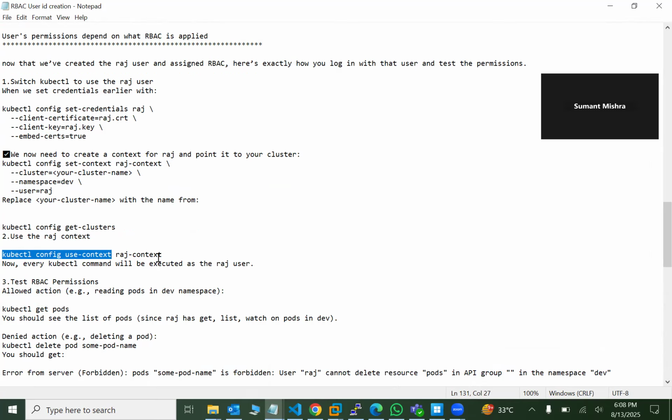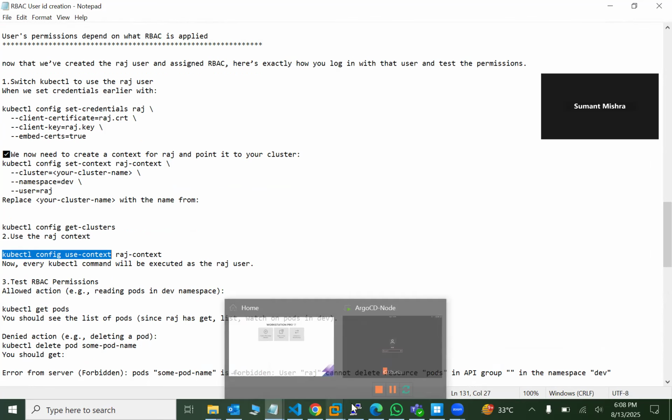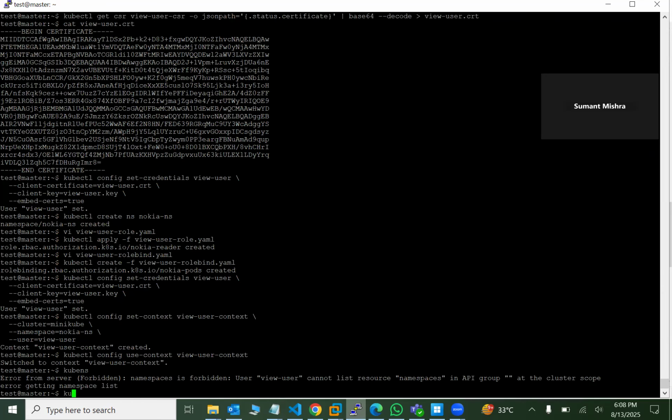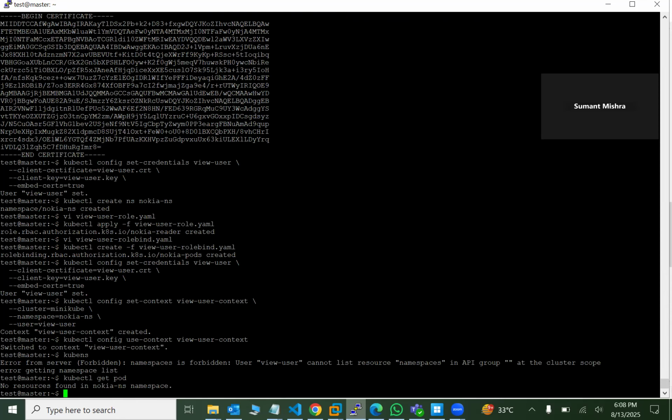Okay, so I'm in the view user. So test RBAC permissions. It should be list of pods. Okay, so let me try kubectl get pod. No resources found, right? So